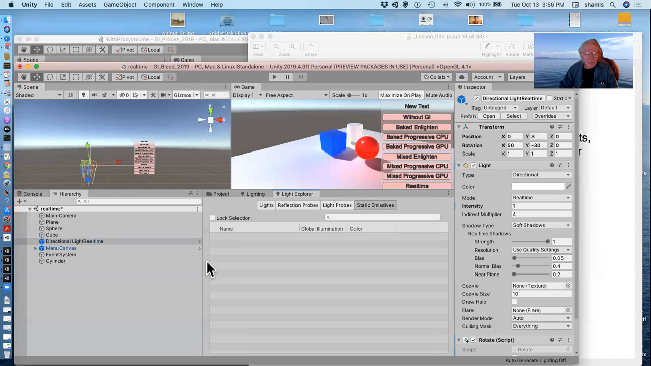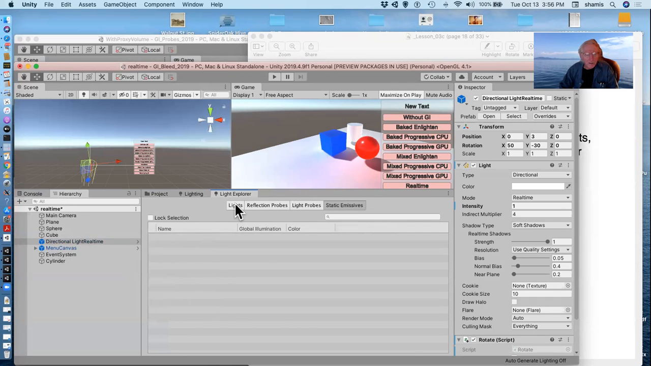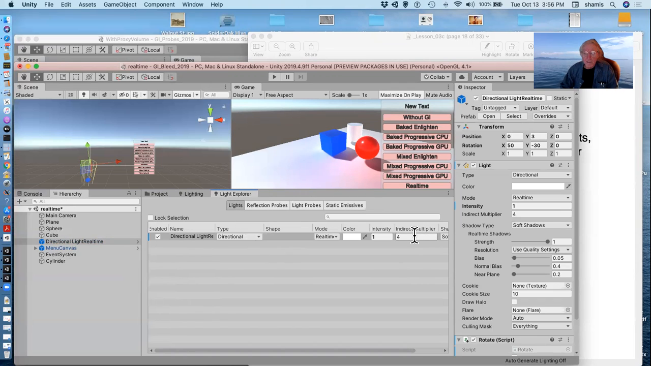One of the other things that appears here is the indirect multiplier in the light. This is how much more intense that bounce lighting is. And for demonstration purposes, I have this set up to 4, which means the indirect light is 4 times as bright as it would be if you did a physically based bounce. If I set this back to 1,